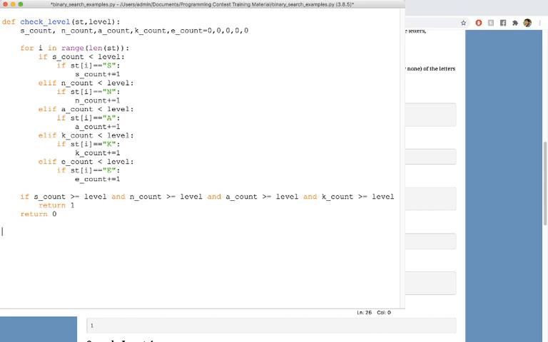Okay, the next part of our plan is to write the binary search. So let's do that. Define binary search, and it'll take in a low, a high, and the string st. So while low is less than high minus 1,